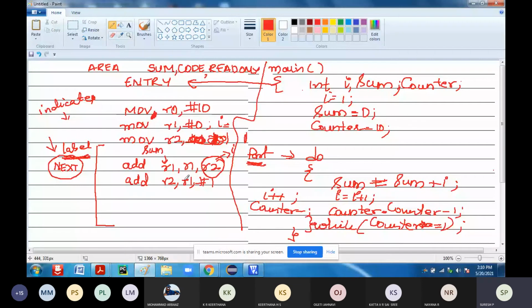So next, what do I need to subtract? If it is an immediate, you subtract R0 by how much? By 1. Now till where do I need to calculate? Why am I using SUBS here? What is the significance of using SUBS? You are using SUBS to update the flags.